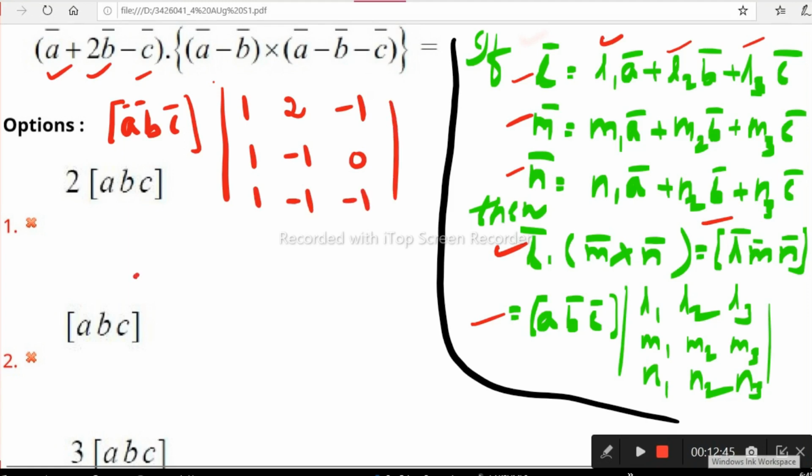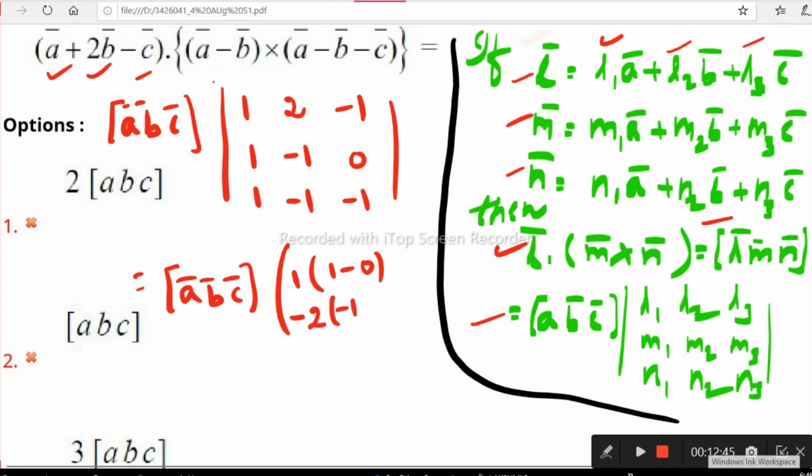So we have to find this simply. If we know this formula directly, we can pick it up. Only the determinant needs to be done. Take 1 into the first row: 1 into (-1 × -1 − 1 × 0) is 0, with minus 1 minus 0. Next, -2 of (1 into -1 − 1 into 0), 0 with minus. Right, next the last one, -1 of (1 into -1 − 1). This is the expansion of the determinant, that is box ABC as it is.